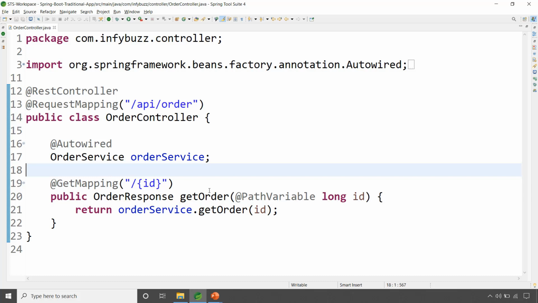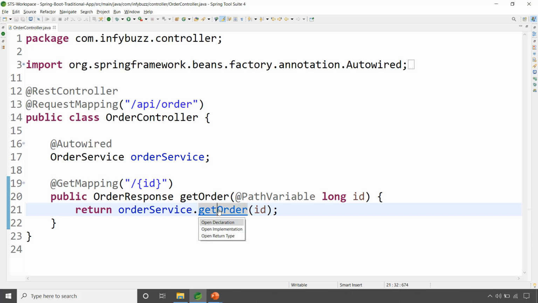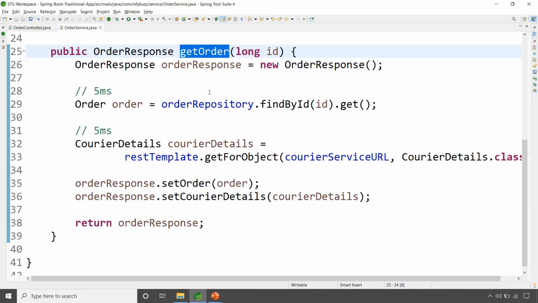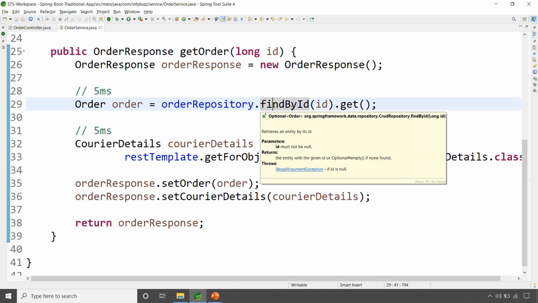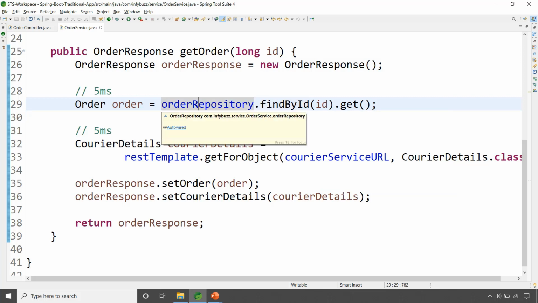So here we are getting the order details by ID. We have a simple controller. We are getting the order by ID, and from the controller we are calling the service layer. Right? And in the service layer, first we are hitting our database. This can be any SQL database or any other thing. And here we are using JPA repository. That can be another way as well. Okay, you can use JDBC template, or if you are using Mongo repository, it can be anything.